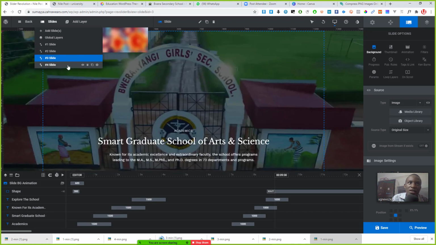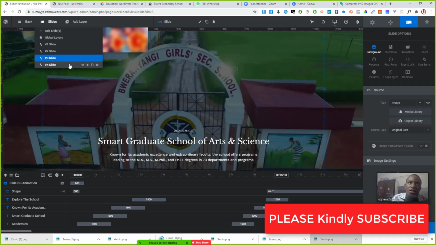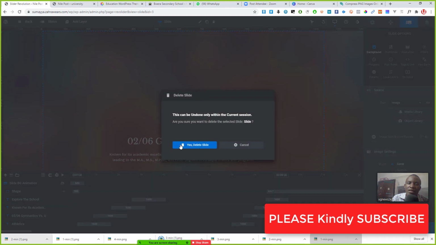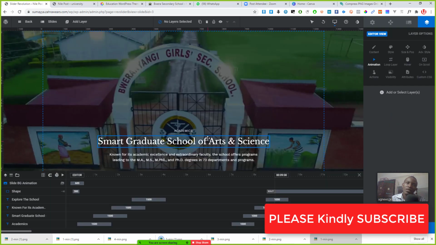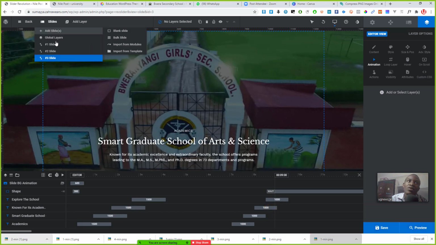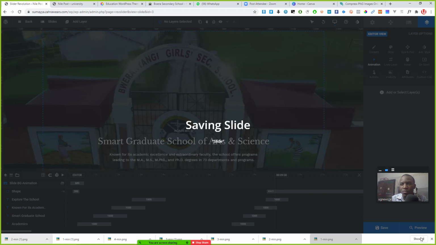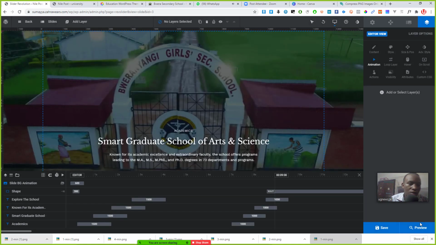I can as well delete this one more in case I don't want it. So let me click on this one more. I can as well delete it here by simply saying yes, delete, and then that slider will be deleted. I can even copy one by simply clicking here and then copy, or I can create a new one from scratch by clicking here and then blank slider. Then after doing that, I have to save, and you can preview the slider by simply clicking here on preview,